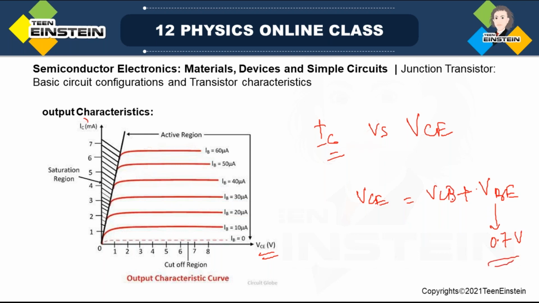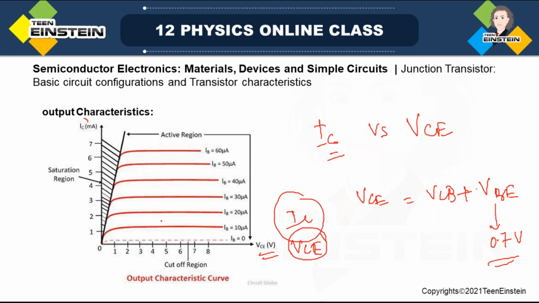So when you increase the VCE, but VCE is well below this 0.7 or 0.6 voltage, okay, then the current will be increasing almost linearly and very rapidly it will increase, and it will actually be a function of VCE. IC is only a function of VCE,